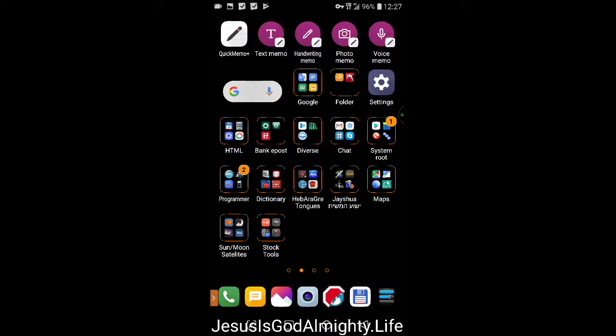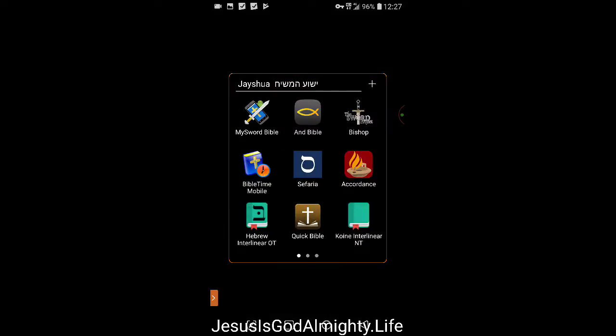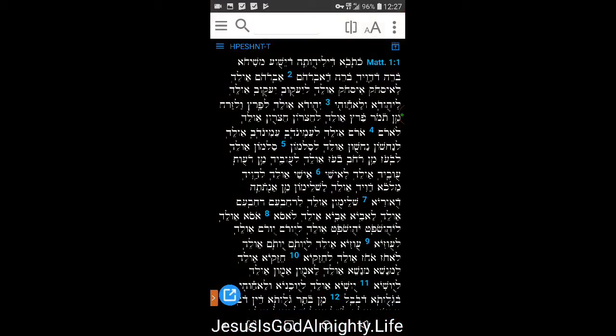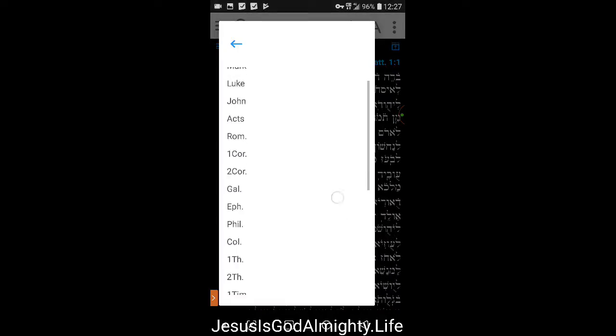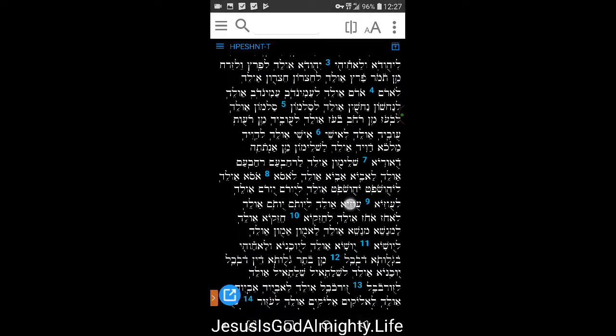So I do wonder if I have a lot of windows open. We clear all. That's usually not going to change much in regards to speed. It seems Android is pretty good at not using too much in the background. So